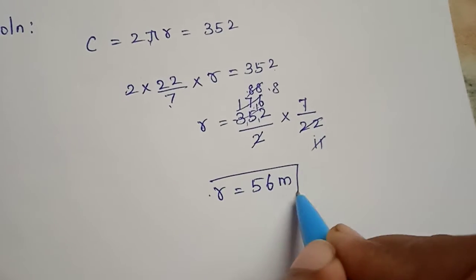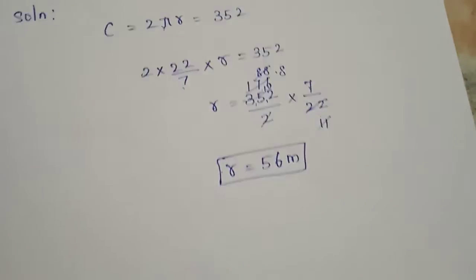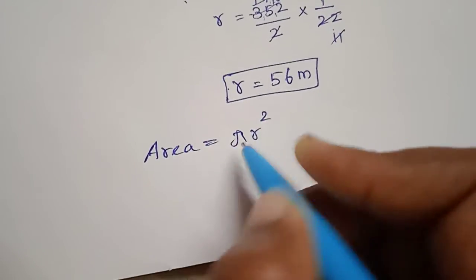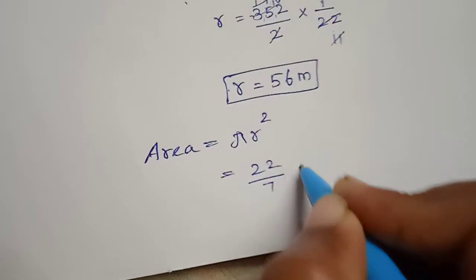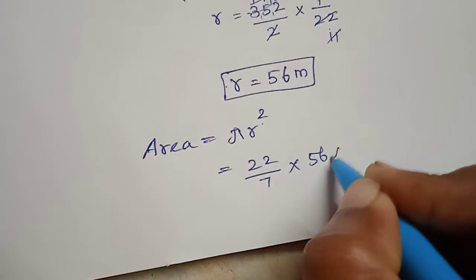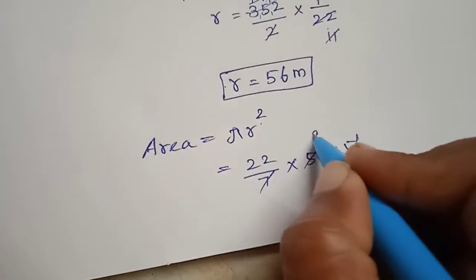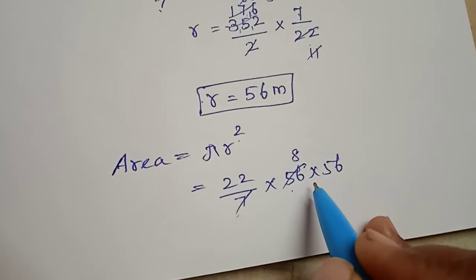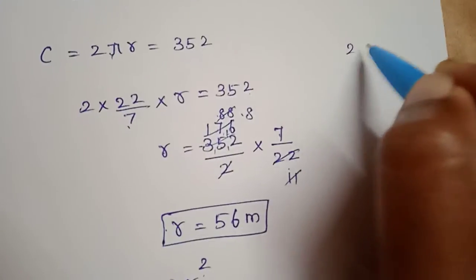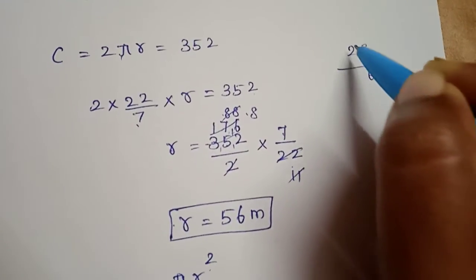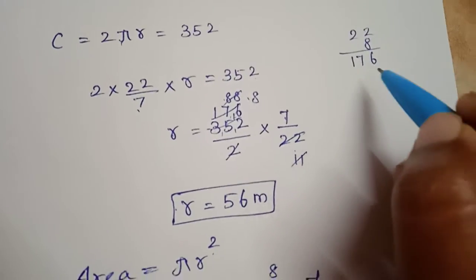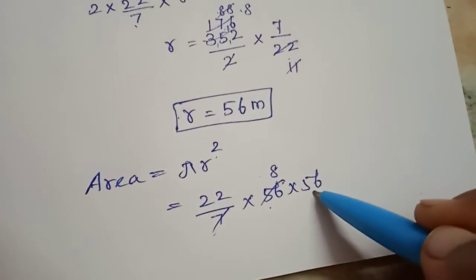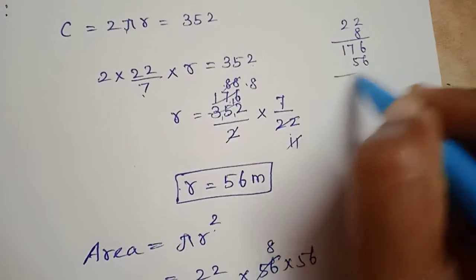Now we have found out radius. Using this we are going to find the value of area. Area equal to pi r square, that is pi value 22 by 7 into r value 56 into 56. It is easily we can divide it. 8 sevens are 56. Now we can multiply this 22 and 8. What is 22, 8? 8 2s are 16. Again 16 plus 1, it is 17. Now it should be 22 into 8, it is 176. Again we have to multiply it by 56. So we'll multiply by 56.